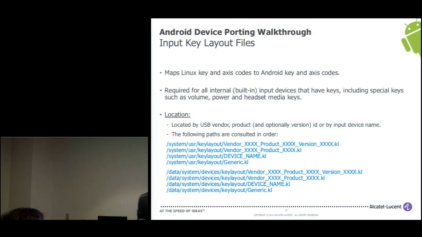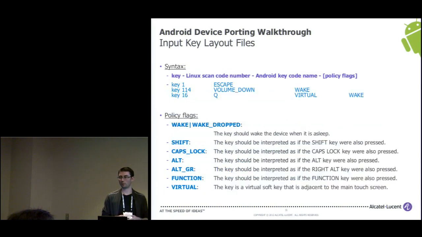So first, it tries to look, for example, for the vendor and the product, or potentially the version also, or for the device name, or at the very least for the generic one. So it can use the USB vendor ID and product ID to determine the match with your hardware. In most cases, mostly for a keyboard, the generic implementation should be okay. But if you want to remap all the keys the way you want, just create a .kl file that maps everything the way you want. This is also some documentation that you may have to use if you want to create your own KL file. This is the way you can do that.